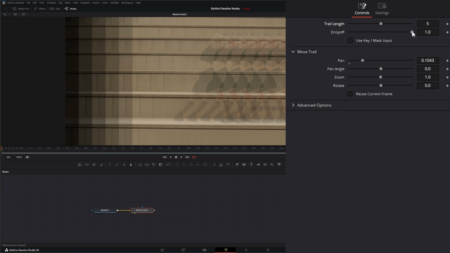Our drop off is basically how opaque or transparent those copies are. And the way this works is it does weird reverse math, so I'm really not going to get into it, but if I have a 0.5, that means 50%. So our first copy is going to drop to 50% opacity, our second down to 25, 12.5, and so on. That's how that works, but it does it in reverse, because if I lift this all the way up to 100,